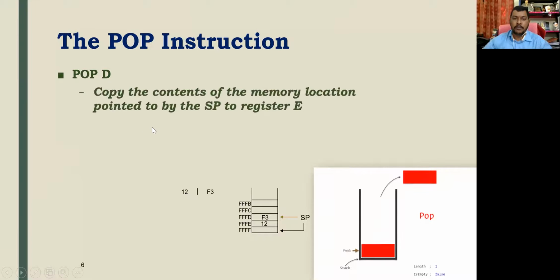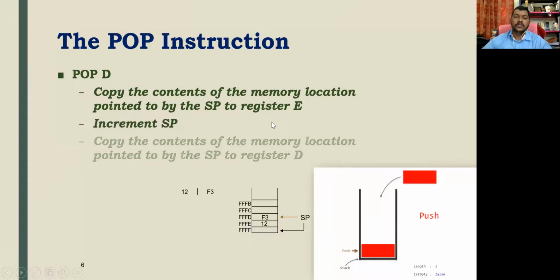So DE register pairs. Copy the contents of the memory location pointed to by the stack pointer to register E first, then increment the stack pointer, and then store the contents of the memory location specified by the stack pointer in register D. Right? So likewise, here I can show you, this is the data which is already stored in the stack pointer, that is SP, F3 and 12.